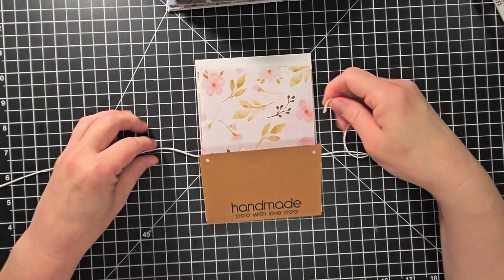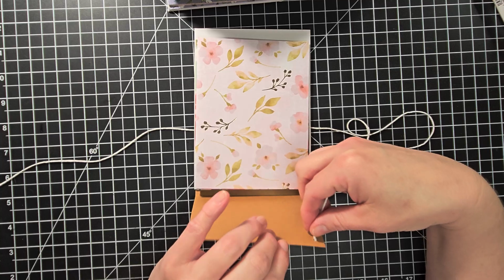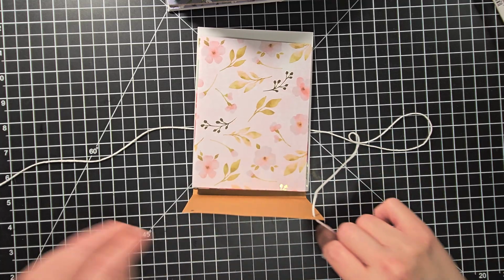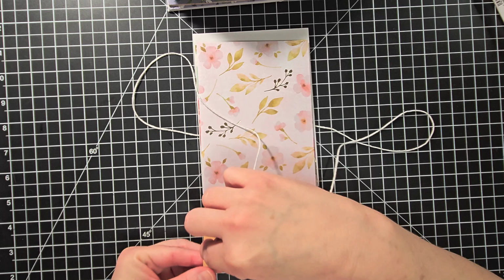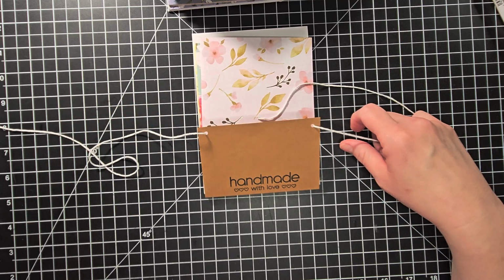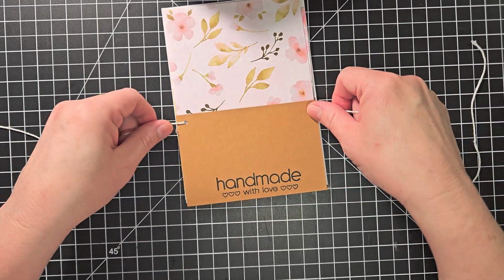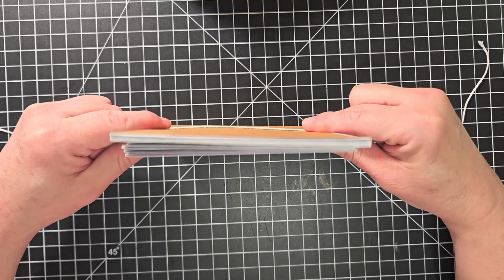And so what you want to do, make sure you can see this, I'm going to feed this string through the back side of this hole. I usually don't have trouble until I'm filming, so. And then we're going to put this one through the other one. And what you want to do is just pull outward. Zoom in a little bit here. Might help you out. So put it through the back side, and we're going to pull it out. Now we can straighten the cards and everything later, but just hold on tight to it and flip it over,